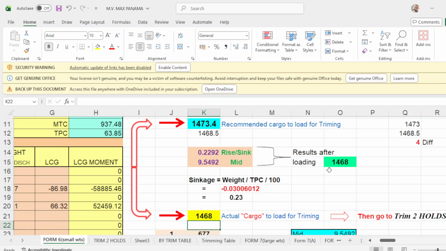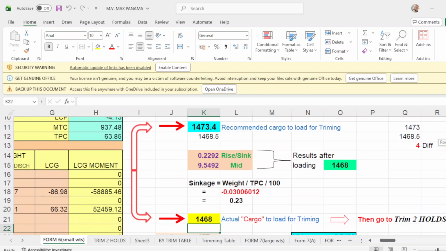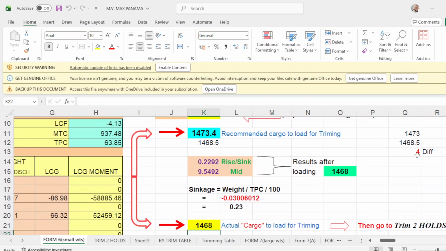So what happens if you load 1468? Look at your final departure drop. It is way below 9.55 with this figure of 1468, and your sinkage is 22.292, which is less. Okay, now if I use this figure, which is only a difference of 4 tons, so I use this